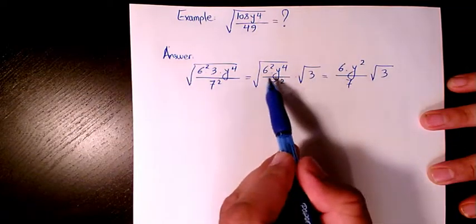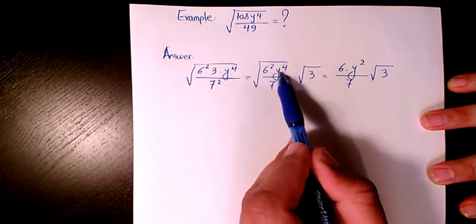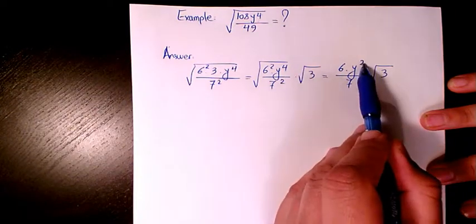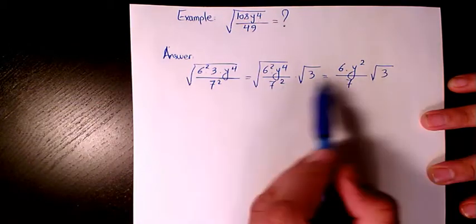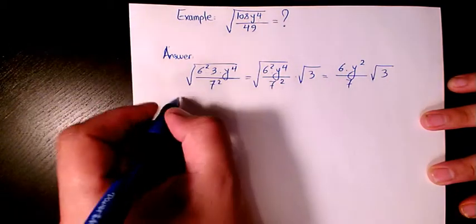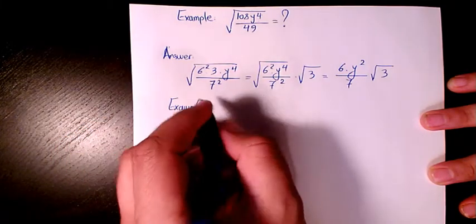So basically when we have square roots, it's going to be 6 to the power of 2 divided by 2, which is 6, y to the power of 4 divided by 2, which is y squared. 7 to the power of 2 divided by 2 is going to be just 7, and root 3 is root 3. Next example is